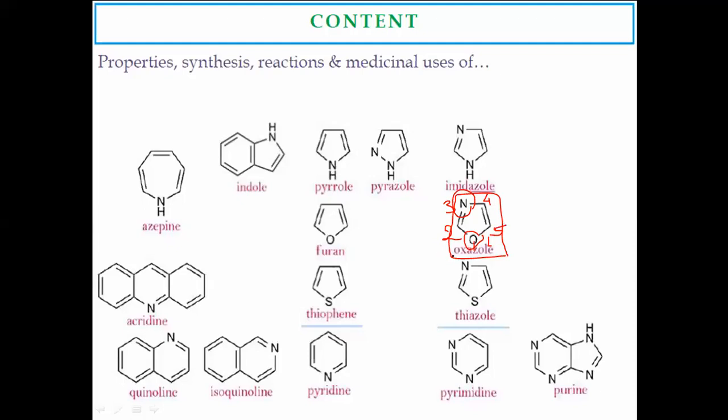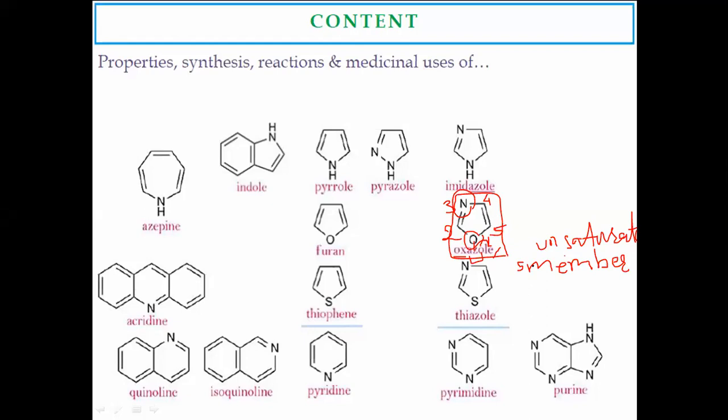Here OX represents oxygen atoms and AZ for nitrogen, and this OL for 5 membered stem and E for unsaturation. In this way, this name is given as per the heterocyclic nomenclature. OL is a stem which represents a 5 membered